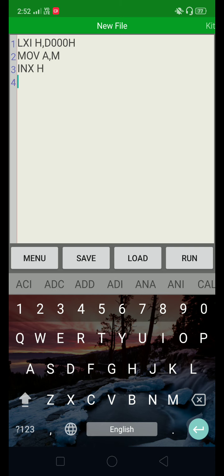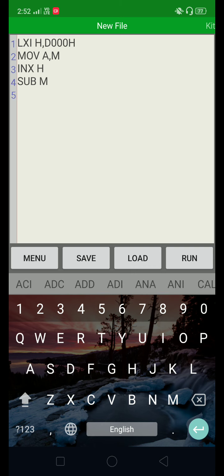Next, then use subtraction instruction. So as far as this indirect addressing mode is concerned, we are having the instruction SUB M. So SUB space M. Okay. So its operation we already discussed: A minus memory pointer content, result in accumulator.